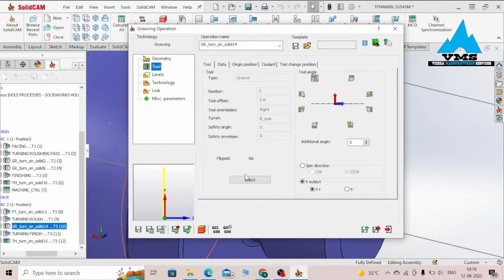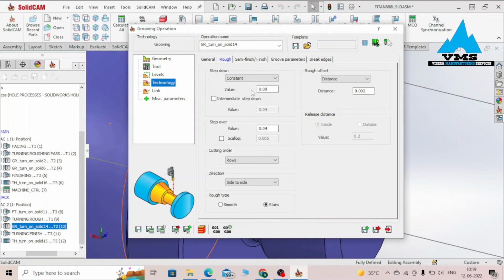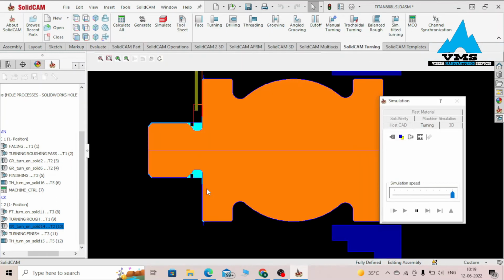Tool, we are still using our same groove tool, making sure that this direction should be selected. Technology, we are using a roughing pass of 0.002 and a finishing pass with compensation on. Looking at the simulation,